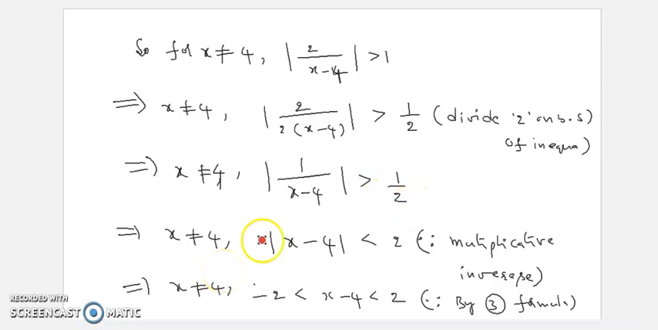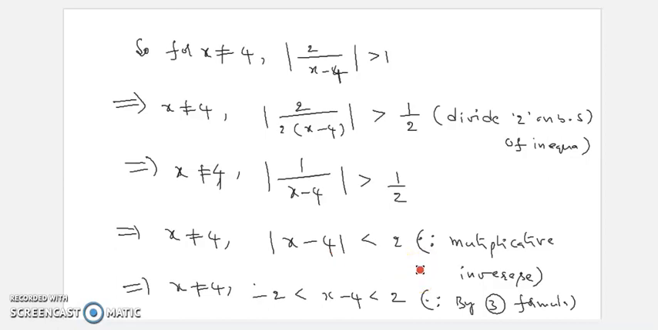That implies we convert these fractions into multiplicative inverse. That implies modulus x minus 4 is less than 2. 2 means 1 by 2, multiplicative inverse is 2. 1 by x minus 4, multiplicative inverse is x minus 4. If we write the multiplicative inverse of the given fractions, then